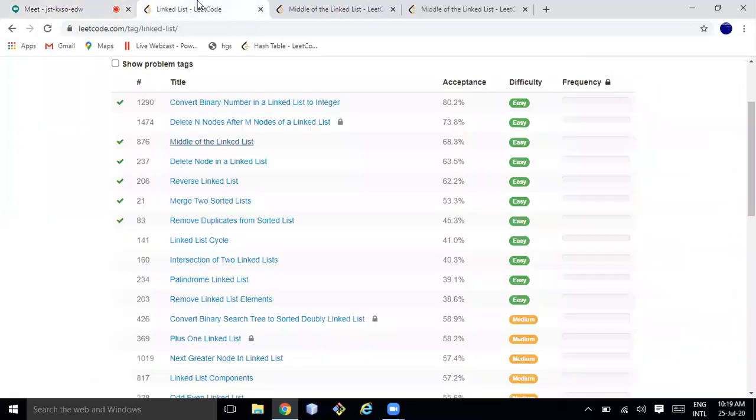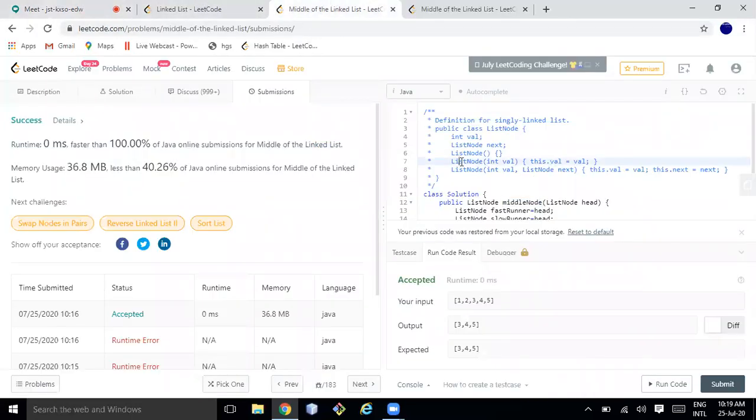But here, if you go to the link, this LeetCode problem, you can see the class. Here you don't have any method so that you can get the size. To get the size, you don't have any other option rather than iterating over the list. You got my point, right? Yes, yes. Okay.